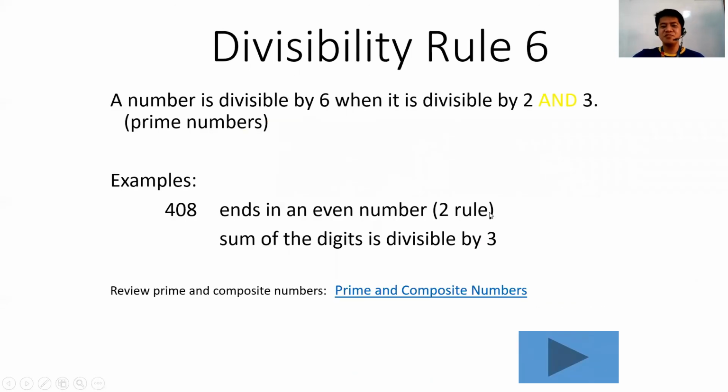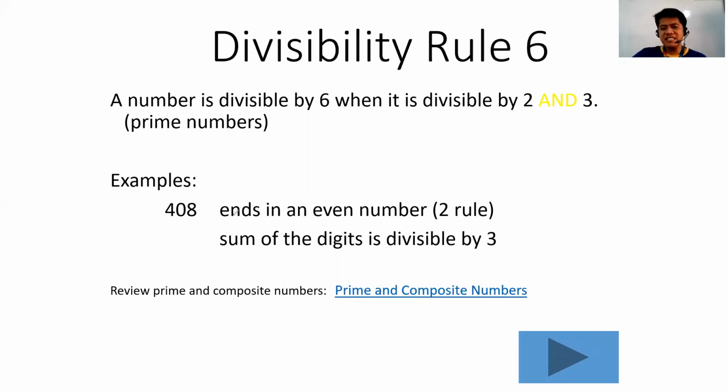Let's proceed to divisibility rule number 6. Ito namang divisibility rule number 6 ay combination ng divisibility rule number 2 and divisibility rule number 3. When we say divisibility rule number 2, ang last number dapat ay even number or 0, 2, 4, 6, and 8. And when we say that a number is divisible by 3, ang sum dapat ng lahat ng digits in a certain number ay divisible by 3. For example,